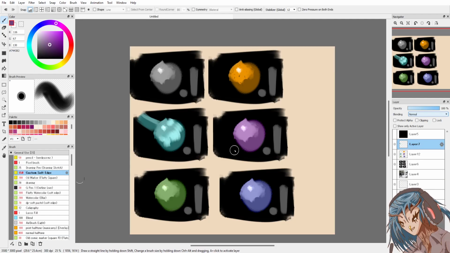It's the combination of everything that does it. It's the combination of shapes that does it.